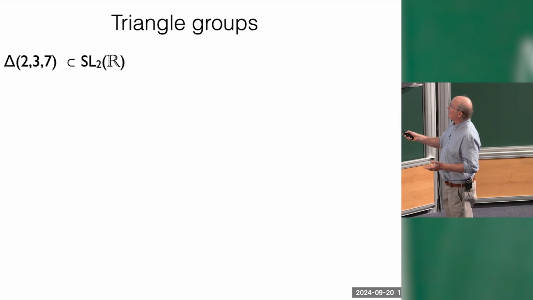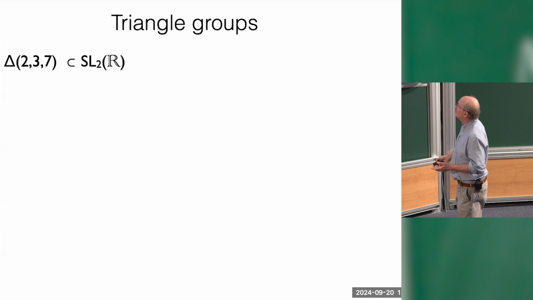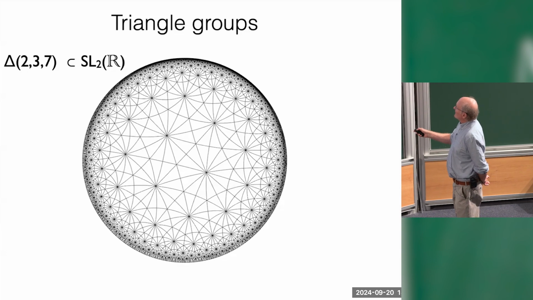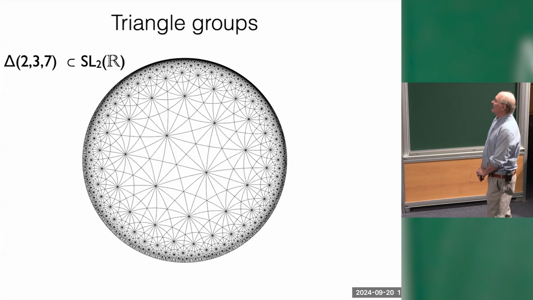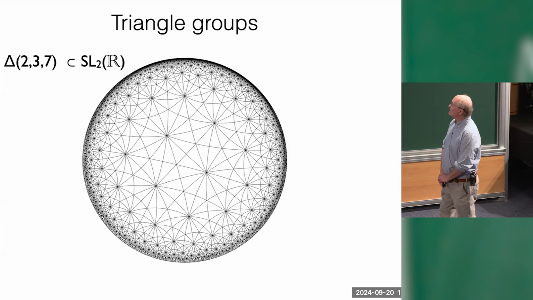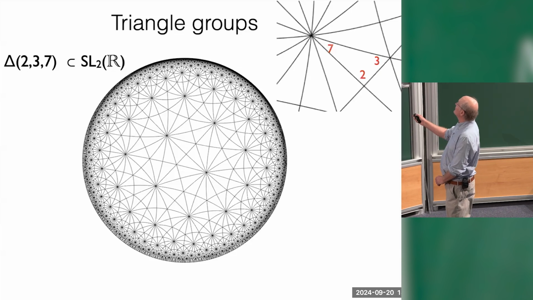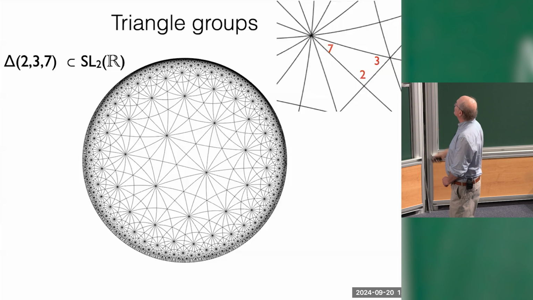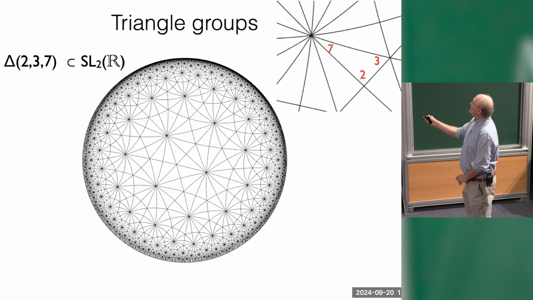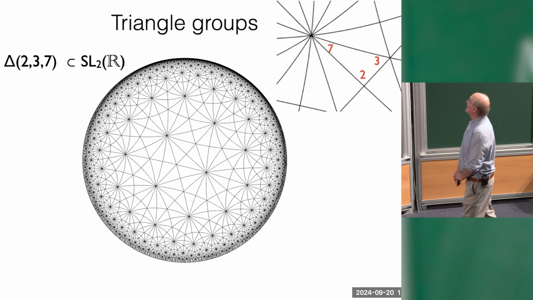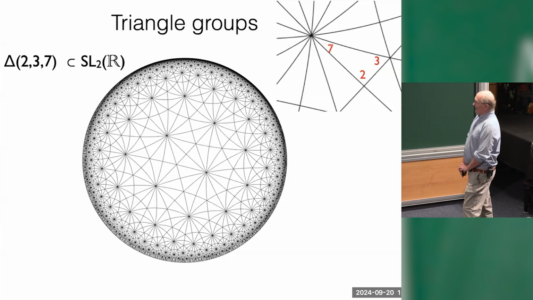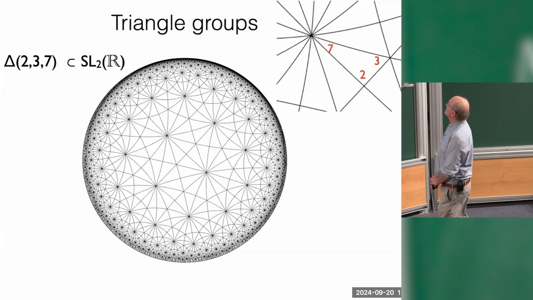This is a compact triangle. There's no cusp anymore. There's no infinity here. And this triangle generates, by reflection through its sides, this beautiful tiling of the hyperbolic disk. And if you zoom in on one of these triangles, you can see the angles are pi over 7. One of them is 90 degrees, pi over 2, and the last one is pi over 3. Of course, this has a defect, which is why it's a hyperbolic triangle. You'd have to have a 6 here for it to be Euclidean. OK, so these are the kind of triangle groups I want to consider.